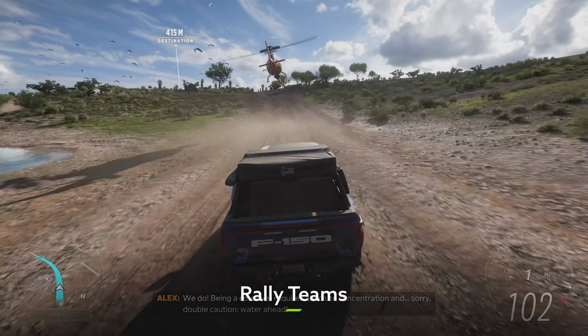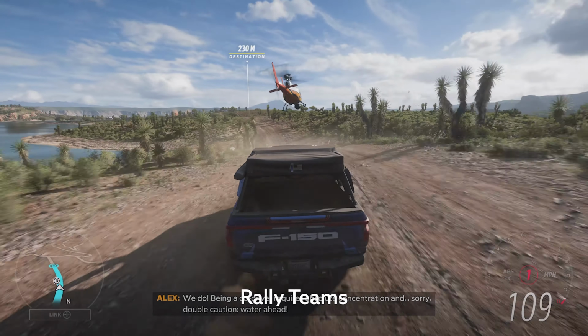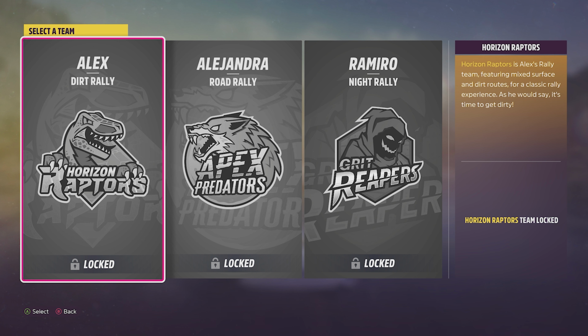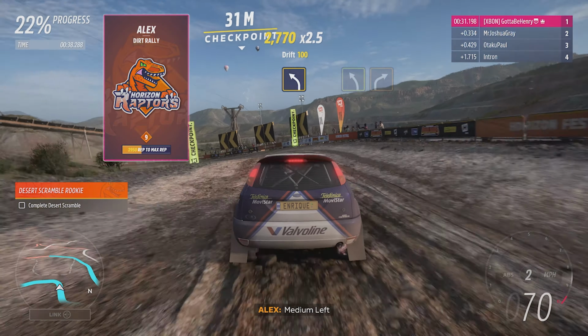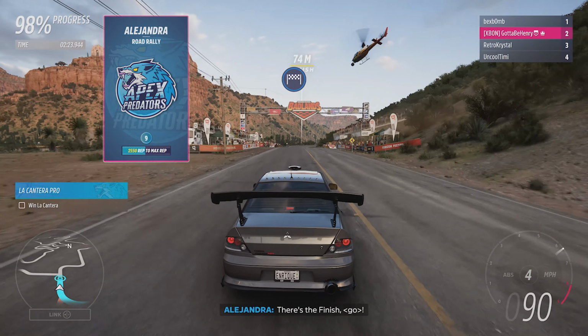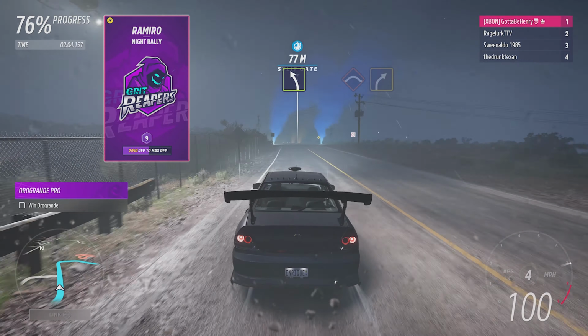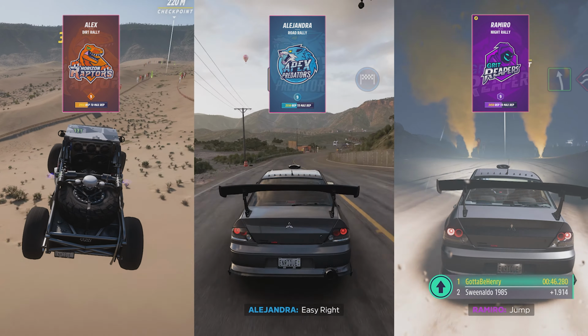First up, let's map out the road ahead and figure out the most efficient route towards rally superstardom. Rally Adventure features 3 distinctive teams, all of whom are determined to claim Sierra Nueva for themselves. The Horizon Raptors are masters of dirt rally, the Apex Predators are road rally experts, and no one does a night rally like the Grit Reapers. So give each of them a try to see which specialization suits you best, and then pick a team to